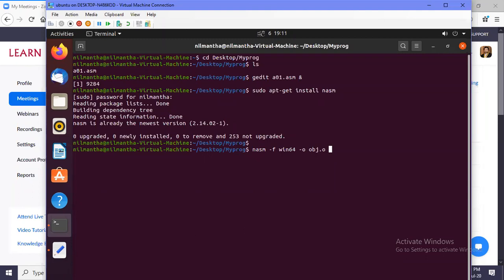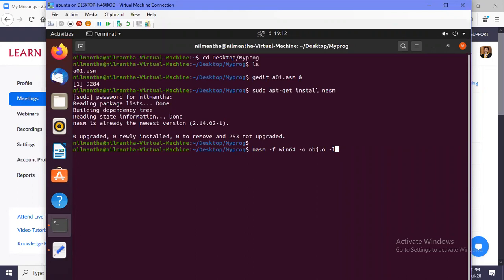So after that, this is optional for the programmers to understand. If we want, we can create a list file. The list file will contain the virtual memory address, the assembly language instructions and the machine language instructions. I'll show you the list file after I assemble this, so then you will understand. But for the moment, first we need to specify the format.